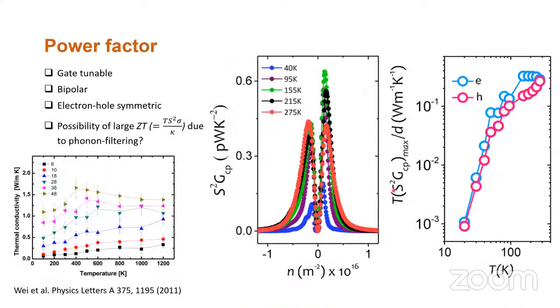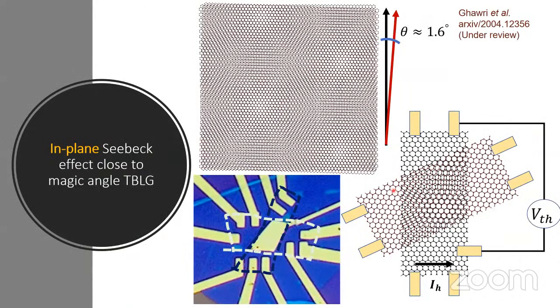Good. So now I'm coming to the question of what happened. Now we will slowly go step by step and get closer to the magic angle. What we have shown here is that when you have angles less than 5 degrees or so, the 2 layers start hybridizing, and once they start hybridizing, the electronic bands get modified. One of the questions we asked is, if I don't go all the way to the magic angle, partially because getting the magic angle is not easy experimentally and requires several samples, what happens? We had this one, which is about 1.6 degrees, which is not superconducting, but it is fairly low, where electron correlation effects could, in principle,